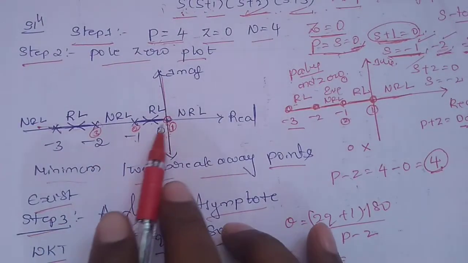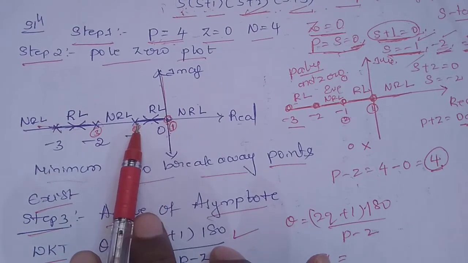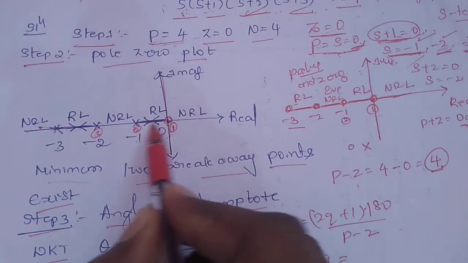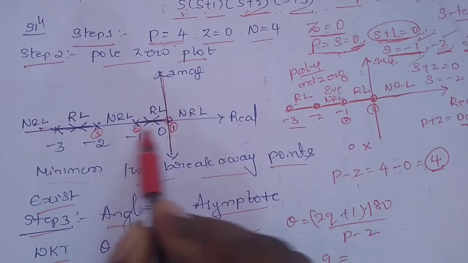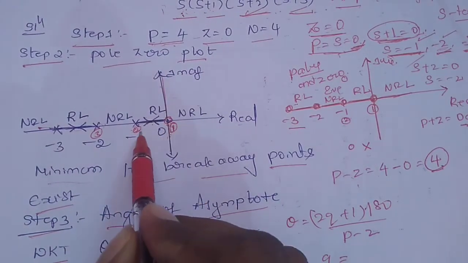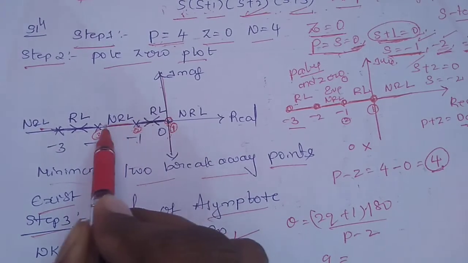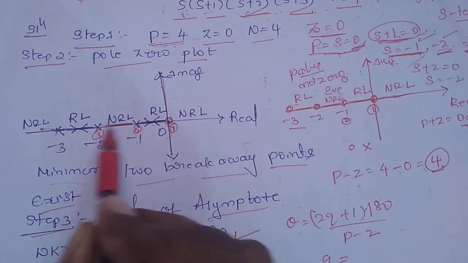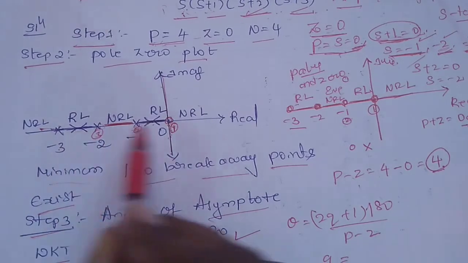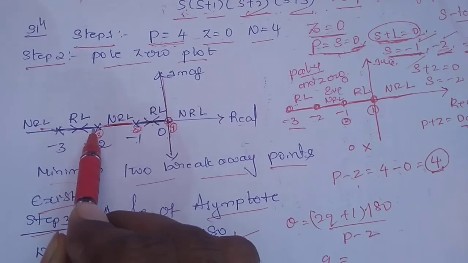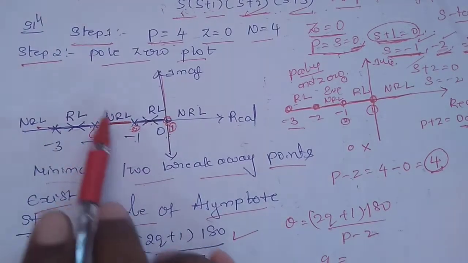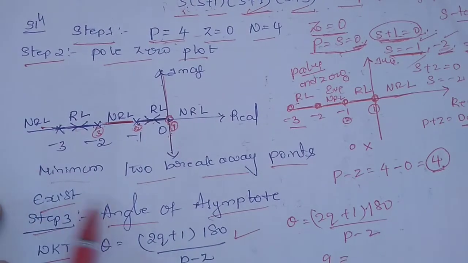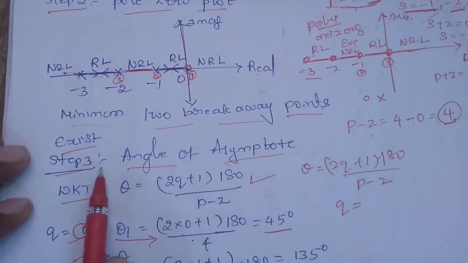So that will be shown in the graph here. Root locus means this is the first pole. After this first pole, whatever the path is, you can consider it root locus. So one first pole, second pole, there are 2 poles, then it is an even number. After this pole, there is no root locus because it is even. Then again 1, 2, 3, so the total number of poles and zeros is 3. After this path, you will get the root locus. So that is RL.